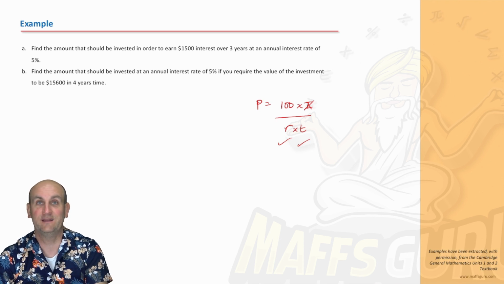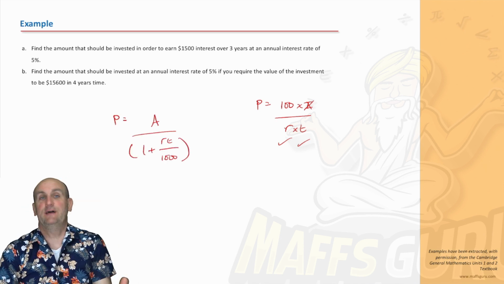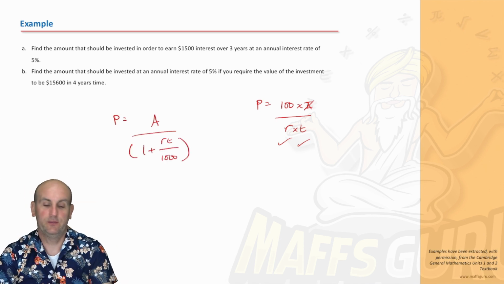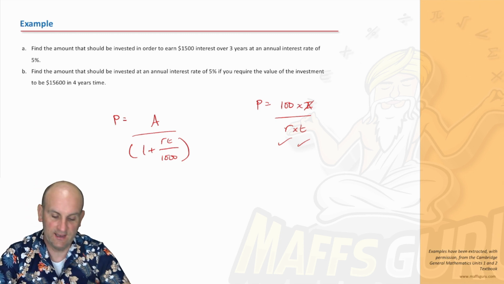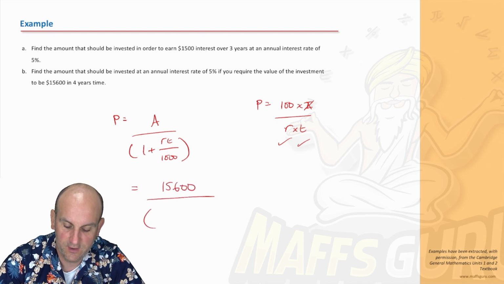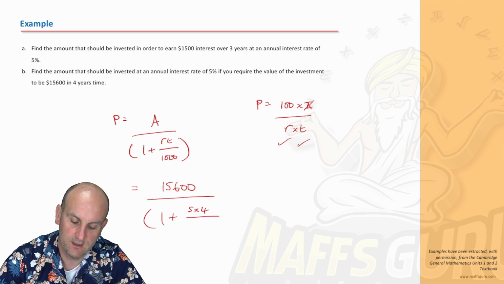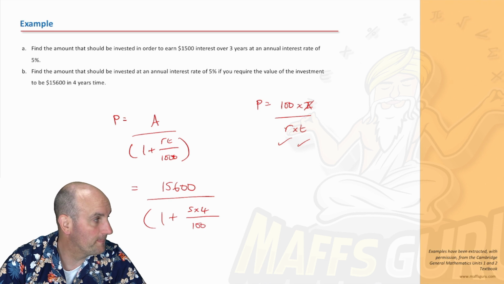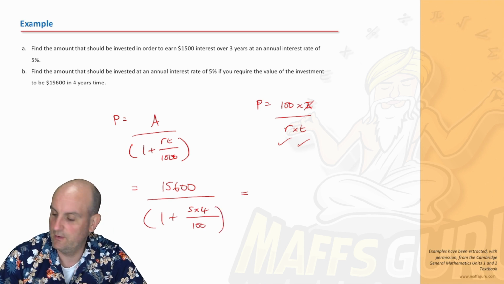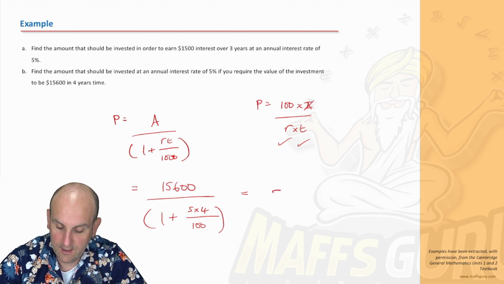And that's where we actually have to go back to that other formula at the very end of the chatty bit. So that's that formula there, where A is the final amount we end up with, R is the rate, and T is the time. And I have all of that information. So my final amount was 15600 divided by, open brackets, 1 plus rate is 5 times the time in years is 4 divided by, that should be 100 by the way, 100. Closing my brackets is equal to, and I'm just going to bang that into my calculator, and out comes